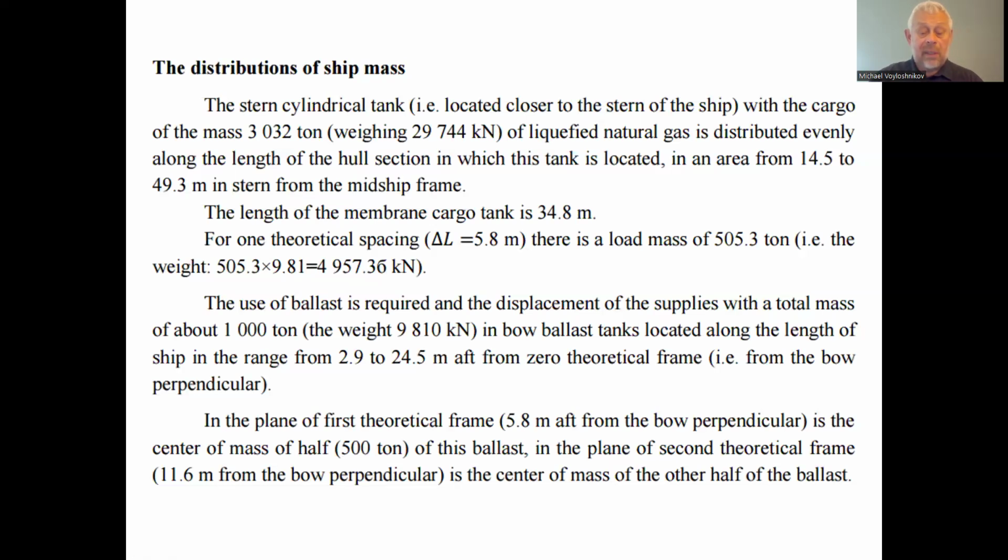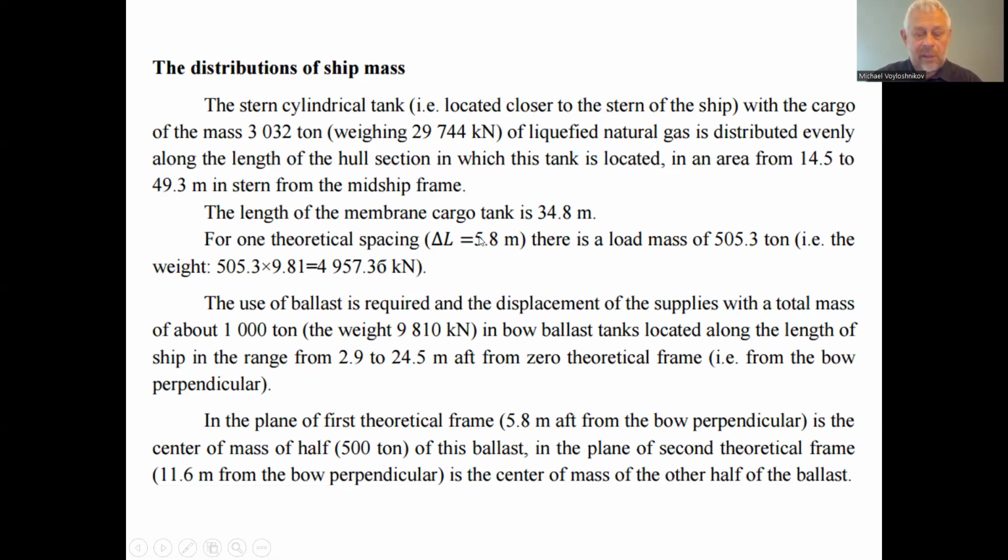The length of the membrane cargo tank is 34.8 meter. For one theoretical spacing, 5.8 meter, there is a load mass of 505.3 ton. That is, if we have the total mass of the cargo in one capacity, and the capacity length is 34.8 meter, and the spacing between the transverse sections, because we have to correspond the weights to the buoyancies,